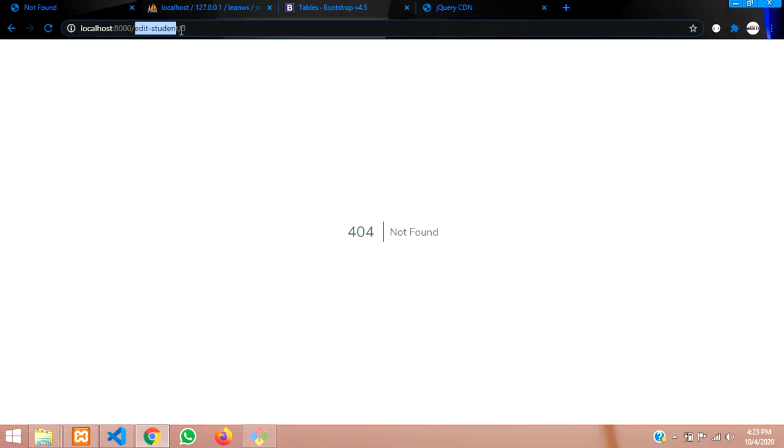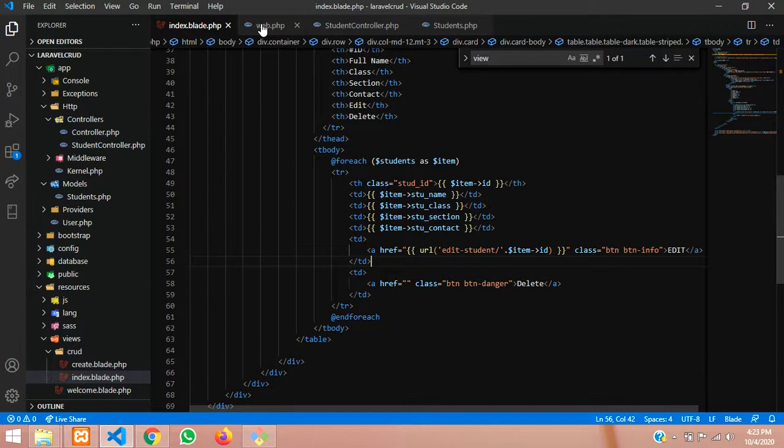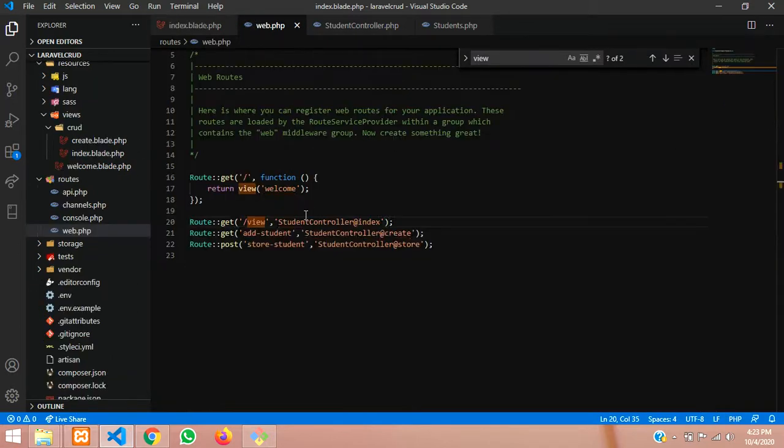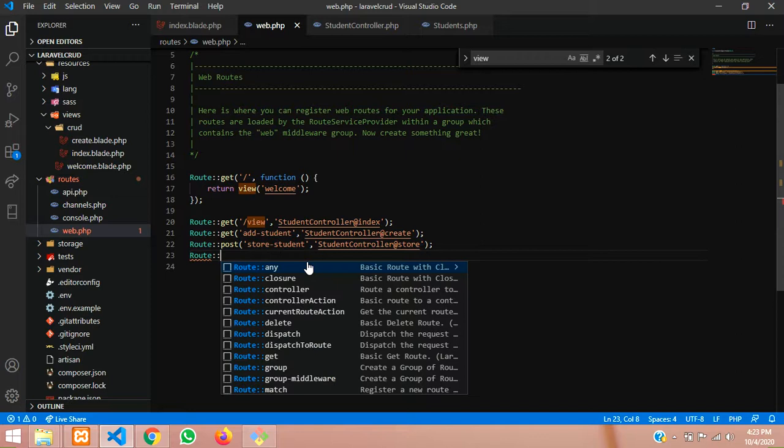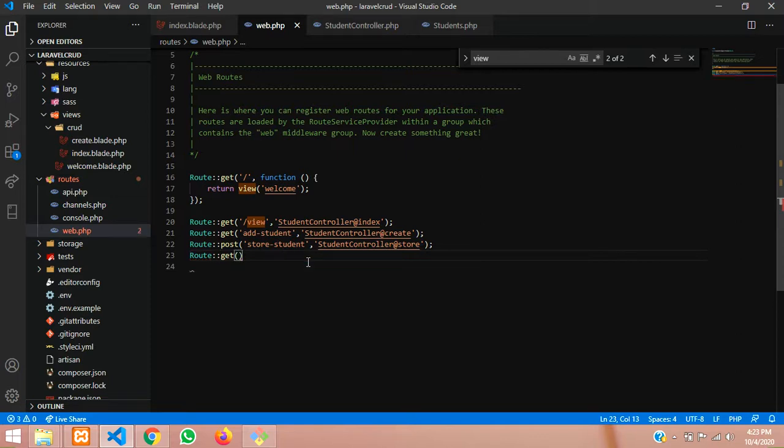So let's copy this student edit and go to our web.php. Let's move to web.php, and you can find that the get method is there. We will send the URL, slash, with the braces ID, then find the controller.